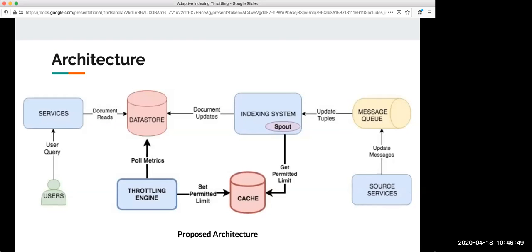Now to test this architecture, the major part you see is that implementing a rate, or enforcing a rate, in the indexing system is straightforward. It's an implementation challenge. It's not a logical challenge. So nobody comes up to me and says, how will we only do 1000 updates per second on Solr? That's just an implementation challenge. So for that implementation, we just went to Storm Kafka Spout. We looked at its implementation, we modified it, and we enforced that rate in Kafka Spout.